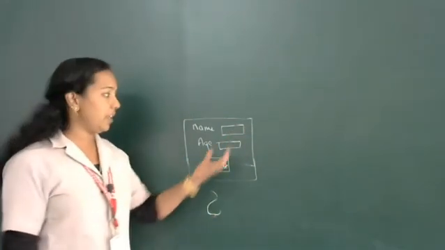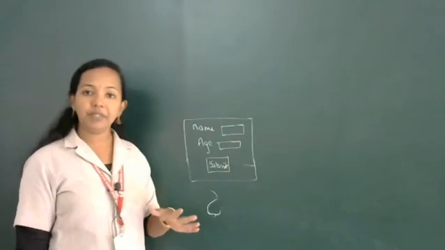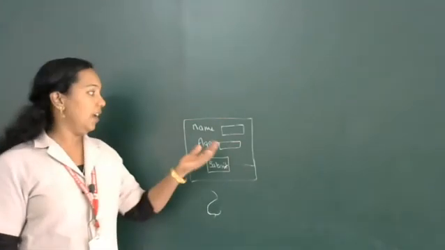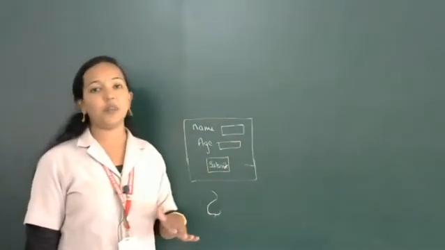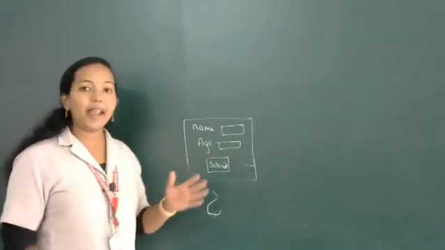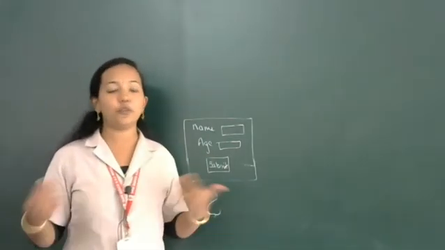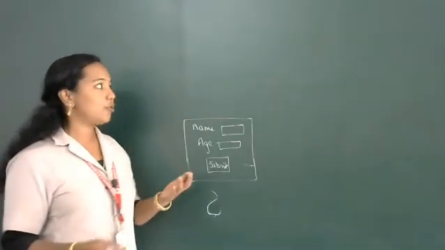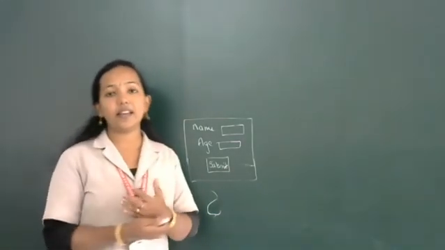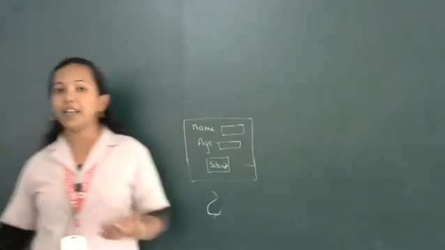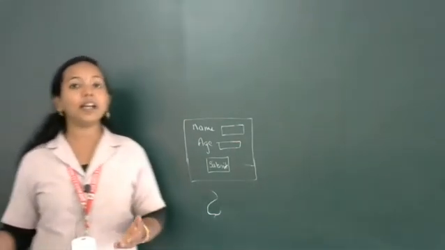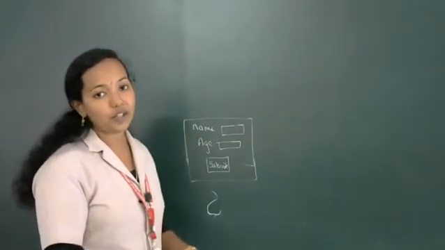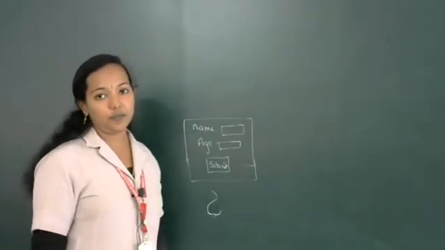So when we submit, if any of the fields is empty, then we will get a warning message: please input a name. And if the age is more than the limit, then also we will get some kind of alert or warning message. So we will discuss how we are getting the alert message, or how we are including validation statements in a JavaScript program.